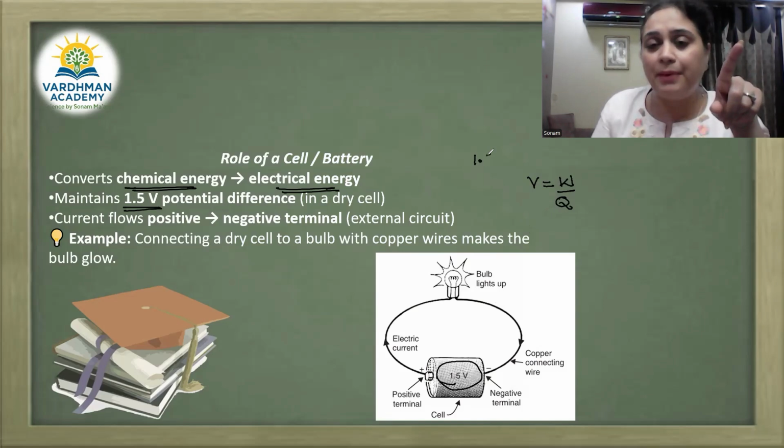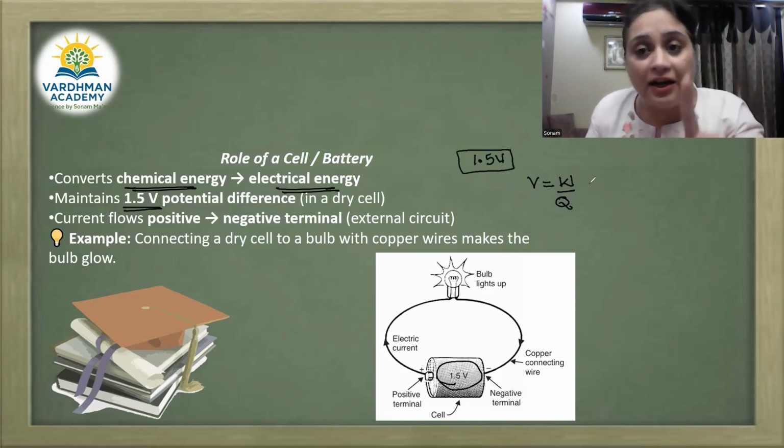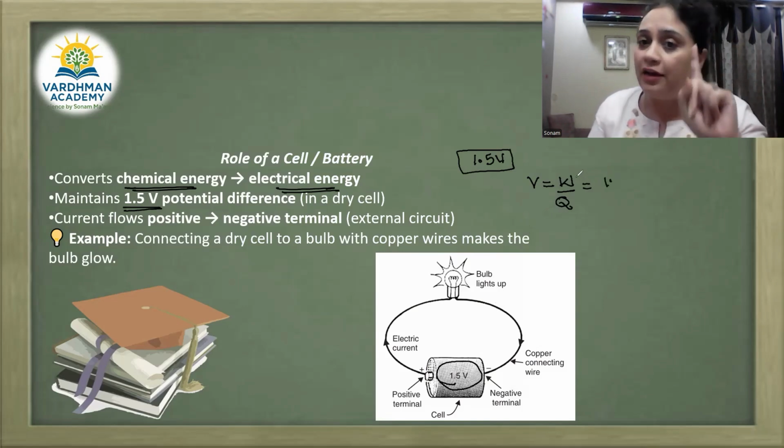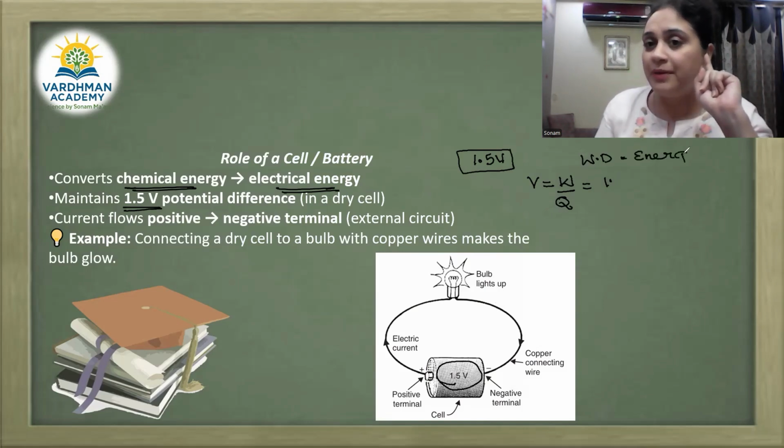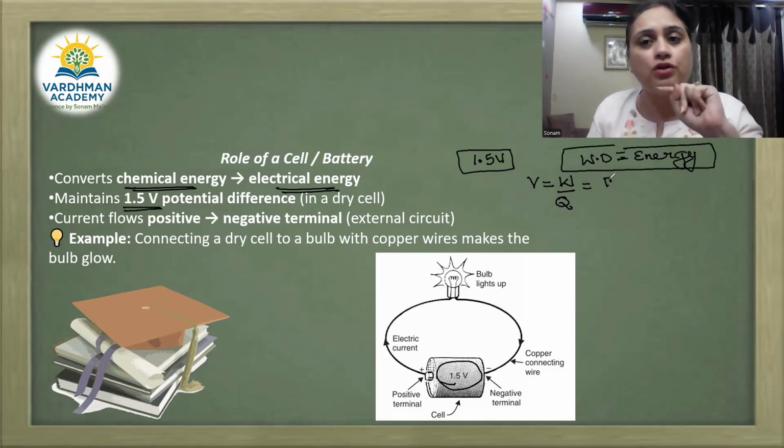By saying that the battery has 1.5 volt potential, that means the battery is offering... and we know that work done is equal to energy. Right, ये हम 9th ग्रेड से सीख कर आए हैं. वर्क डन इज इक्वल टू एनर्जी कंज्यूम्ड. So here we can also say that V is equal to E upon Q.